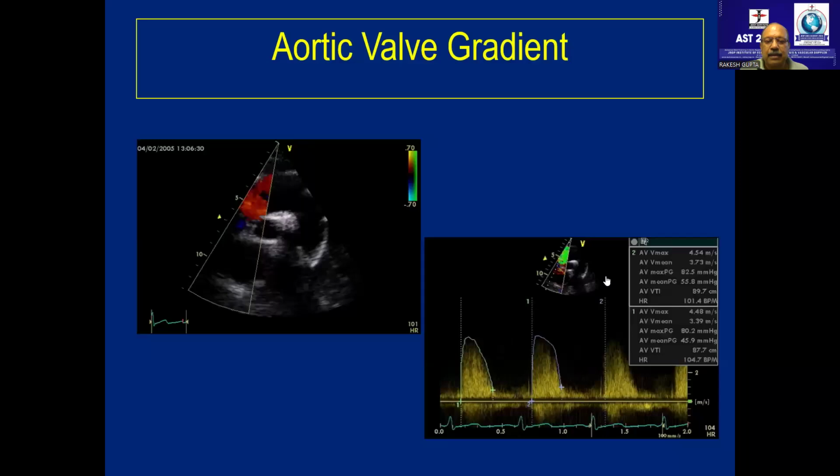Sir, explain the right anterior oblique view, the view again. The right anterior oblique view is a modification of the suprasternal window, where we keep the probe in the suprasternal window, but we keep a pillow behind the right shoulder. If you focus on my image over here, we'll be looking like this. My neck is extended to the other side, my suprasternal window is there, and my right shoulder is behind the pillow.